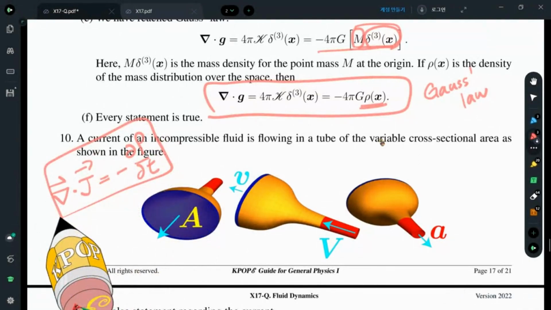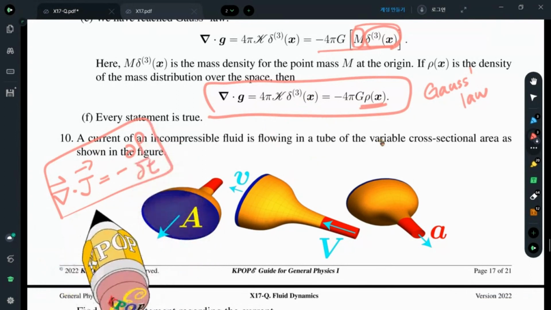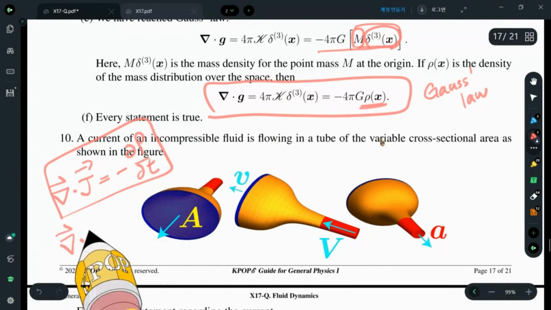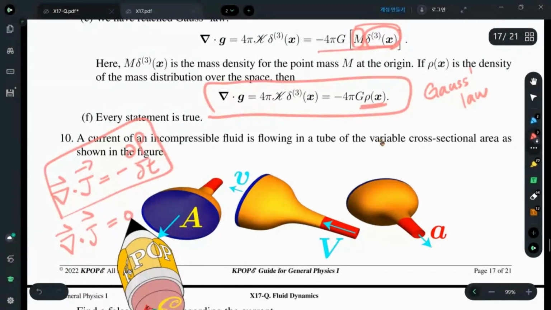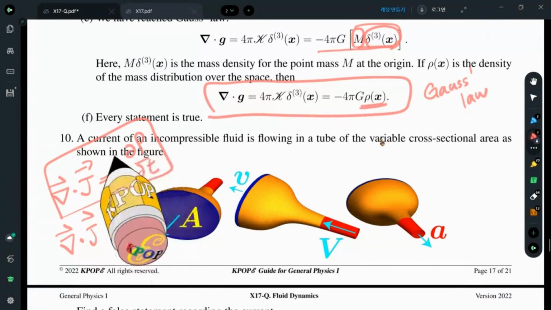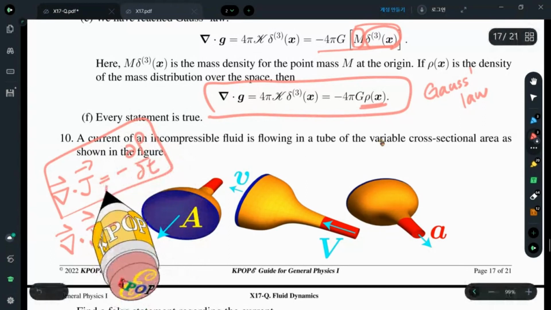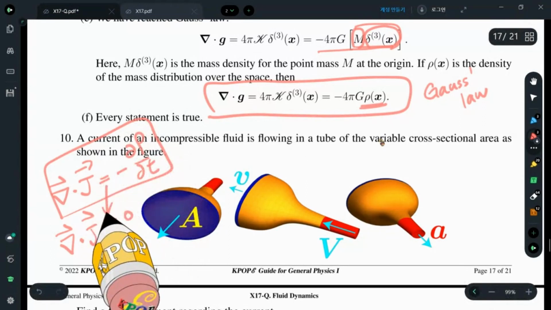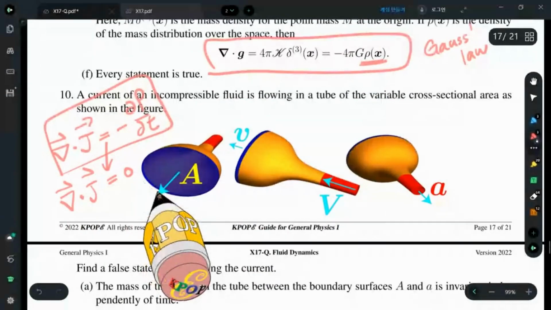However, for steady state, time independent, divergence J equals 0. So rho is independent of time, and this continuity equation reduces to divergence J equals 0. And then